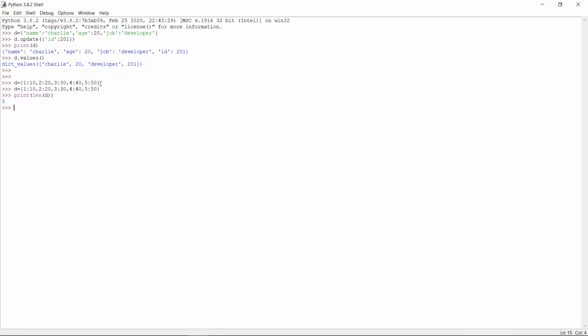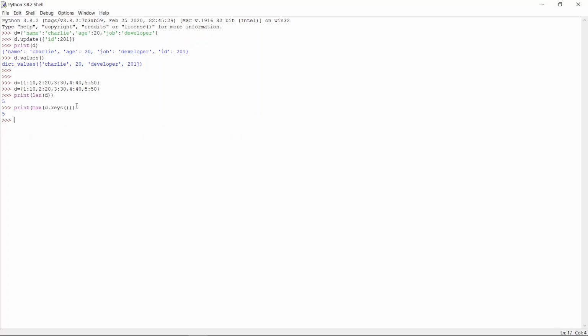Okay, the next one is max. So how to use max and min? First, max. If you want to calculate the maximum, our keys or values, here I mention d.keys. Okay, just print. So I have to give another parenthesis.